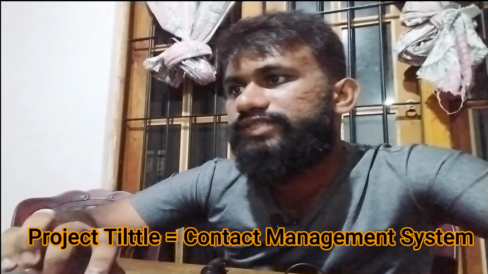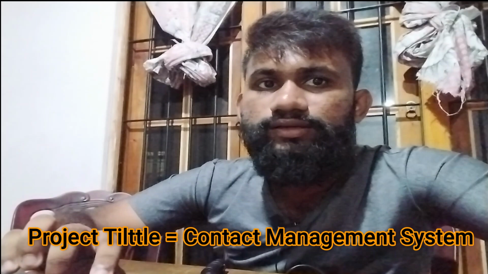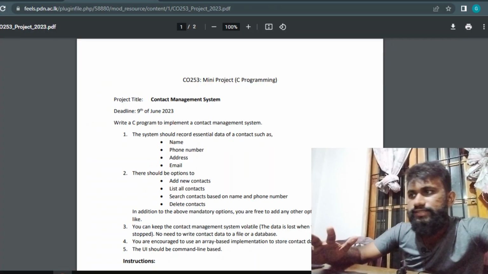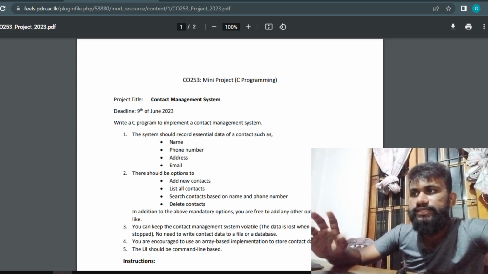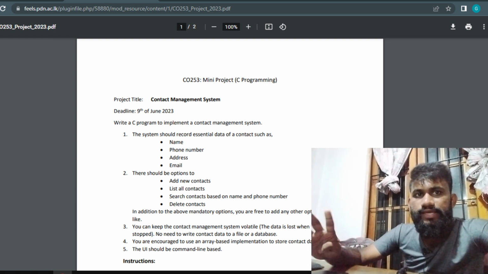It is about a contact management system. The project is to make a contact management system using a C program. In this system, the system should record essential data of contacts such as name, phone number, and also address and